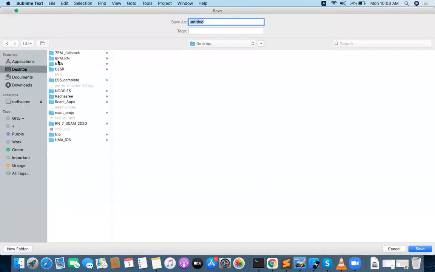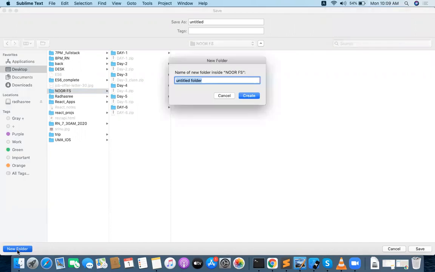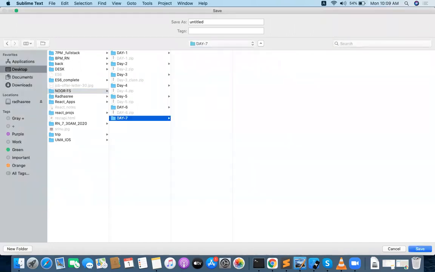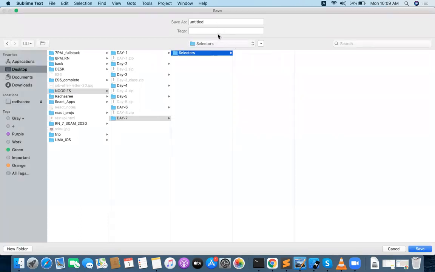Take a new program, new folder, and this is day 7. So 7, and I want to go with a folder called selectors. Inside the selectors, I want to write the first selector,